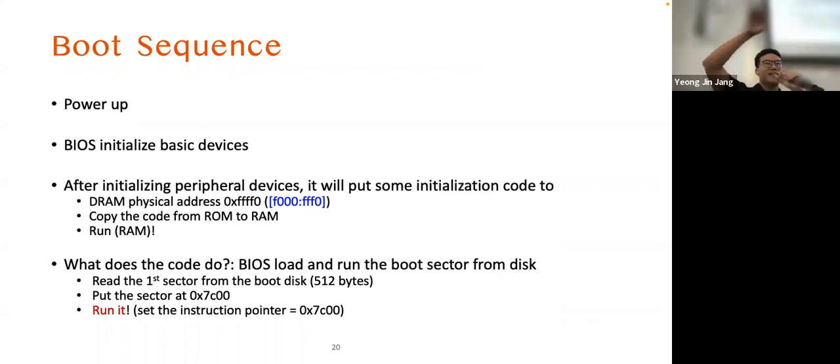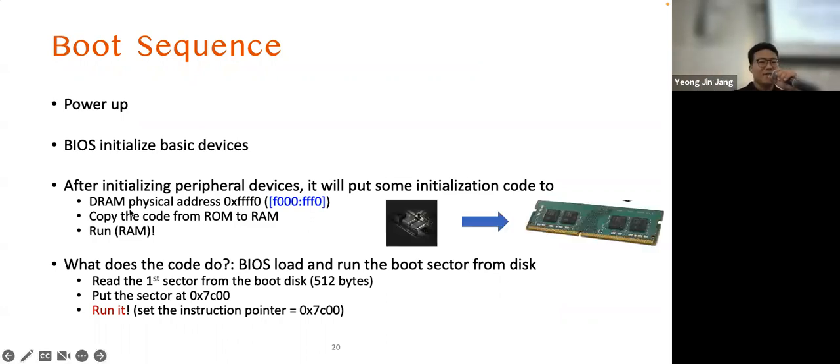At the start phase, your RAM is completely empty, and the CPU does not know how to start. So what the BIOS needs to do is, after initializing the peripheral devices, put the initialization code from the BIOS